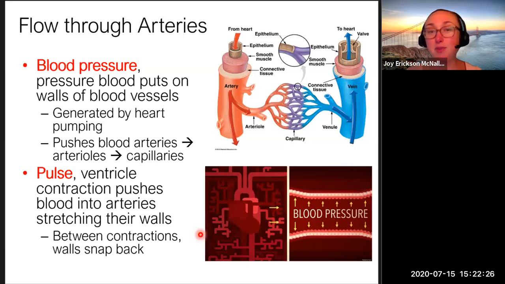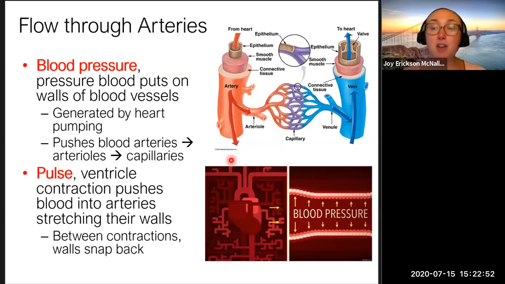So this is causing them to expand a little bit under pressure, and then when the blood has passed, they can relax, and this gives you sort of blood pressure. And you can see that here. Here's the pumping, and it gives you the sort of rhythmic flow of blood, which helps blood to flow in a particular direction. It squeezes here and pushes this way, squeezes here and pushes this way as the heart sort of pumps.